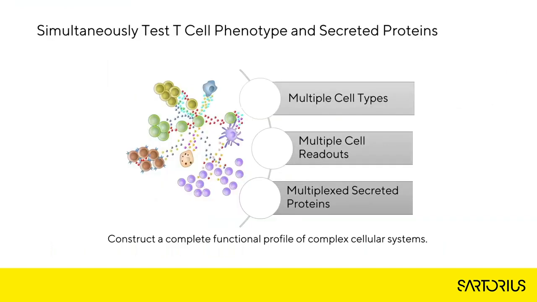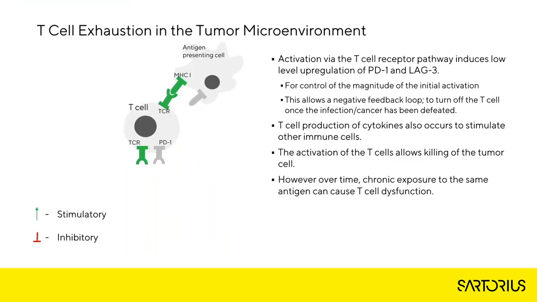The IQ3 allows a user to simultaneously test T-cell phenotype alongside secreted proteins in a 10 microliter sample from a 96 or 384 well plate. This provides insight into the status of multiple cell types within a complex cell environment, such as the quantification of CD3 positive lymphocyte populations, live and dead cell readouts, and also cell marker expression. Q-beads included in the wells allow the capture and quantification of multiple specific protein or cytokine readouts, such as TNF-alpha and granzyme B. I will now begin to discuss how T-cell exhaustion comes about within an oncology setting.